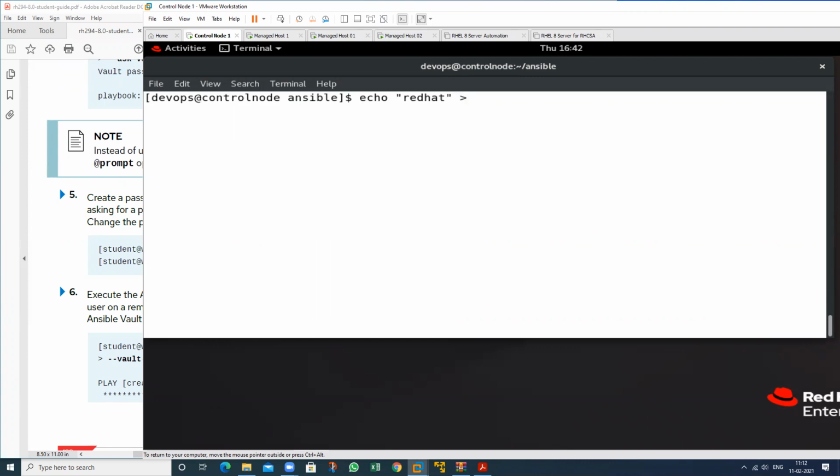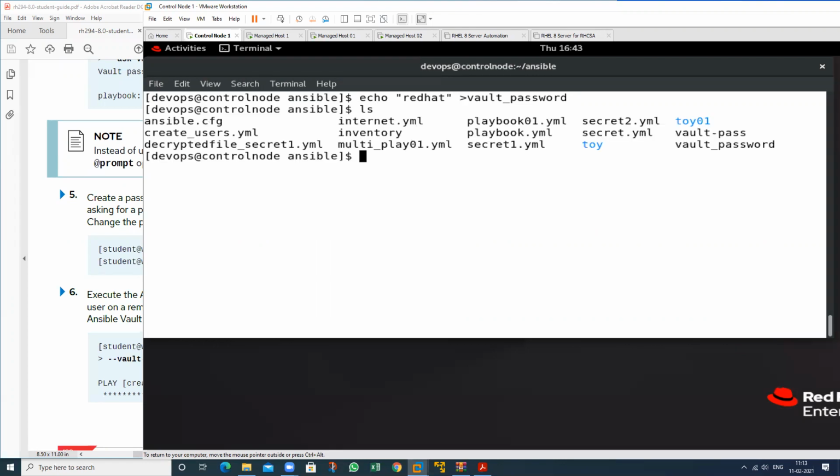My file is vault-pass, password. So just see, where is my file? This one. See, in this we have the password, but anyone can also see this one.